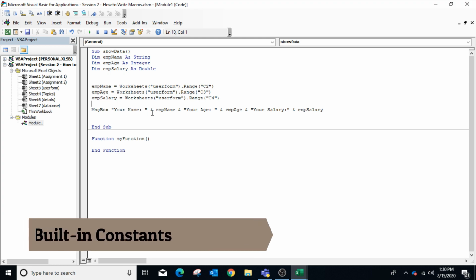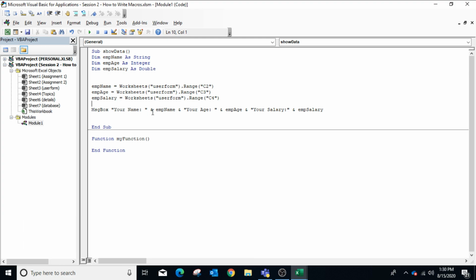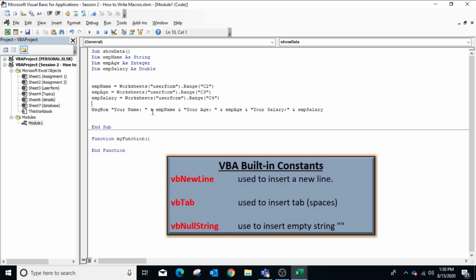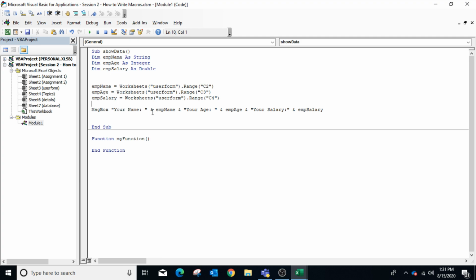Now in the message box, to display the result in different lines, we can use VBA built-in constants which insert a line break and display the text in a new line. So in the message box, to show these three pieces of information in separate lines, we will use the VBA built-in constant vbNewLine.